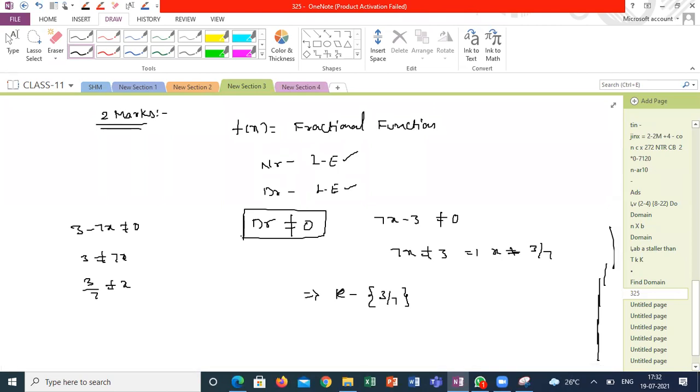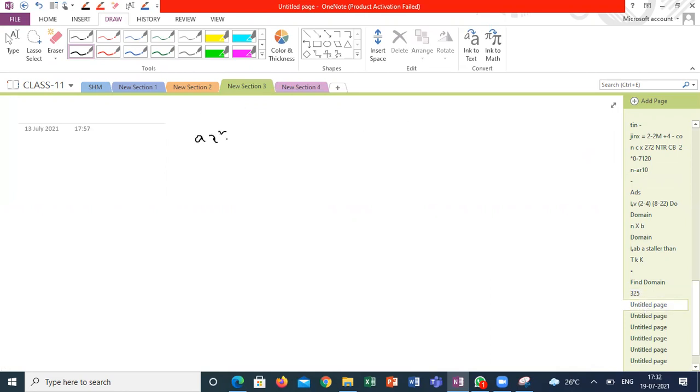If you take the general quadratic equation, the domain is all real numbers. If any equation is in the form we already discussed, standard functions, ax square plus bx plus c, your domain is always R. Correct or not? Yes, sir. It is ax plus b, your domain is always R. If it is ax cube plus bx square plus cx plus d, your domain is R. For any polynomials, the domain is R. Only fractional functions, some kind of different functions, we have to discuss the domain concept separately.